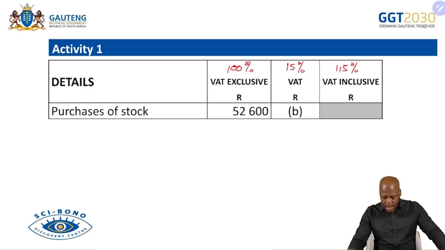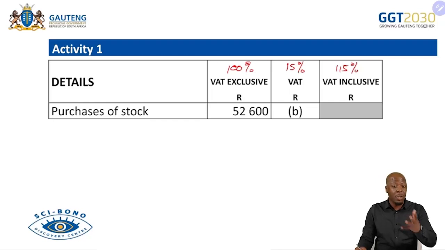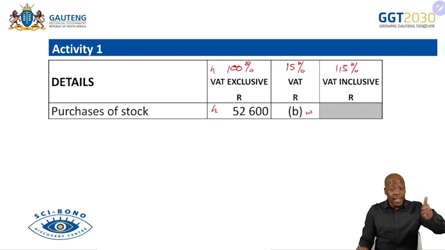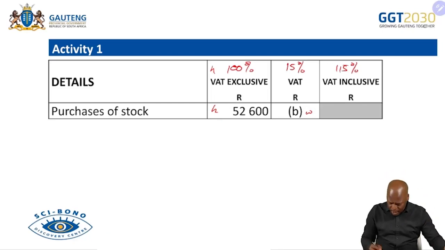Now, remember, this is the trick that you have to get. Your want, we have one thing. This is what I want, but this is what I have. So a have must have two values, a percentage as well as a rand. Let's quickly kick in now. What do we want? We want 15. What do we have? We have 100 because it's exclusive. What is the rand value of that 100? It is